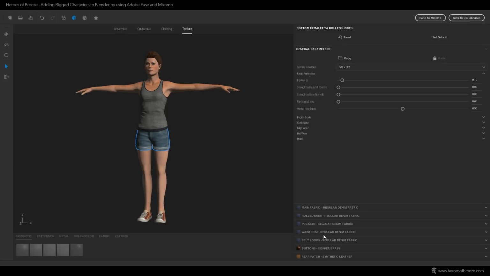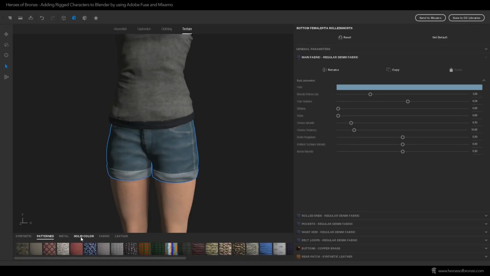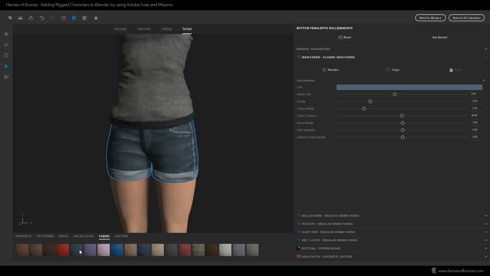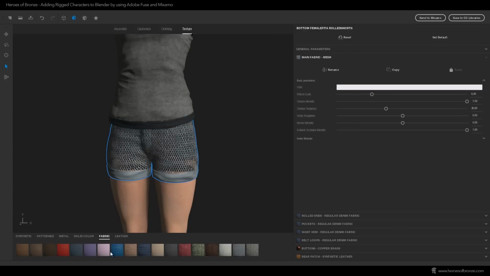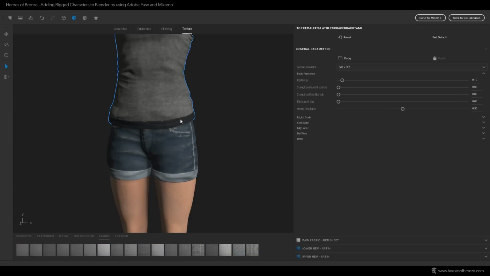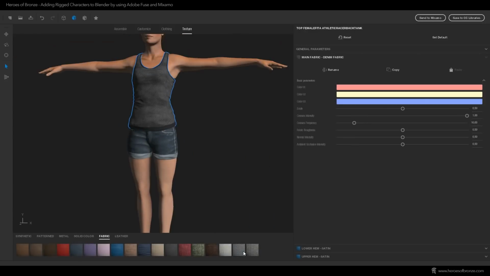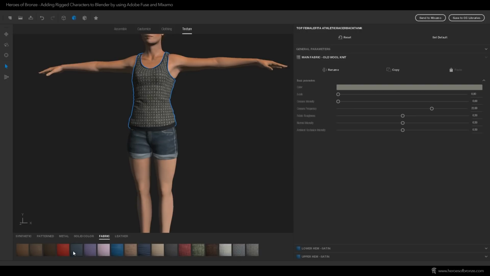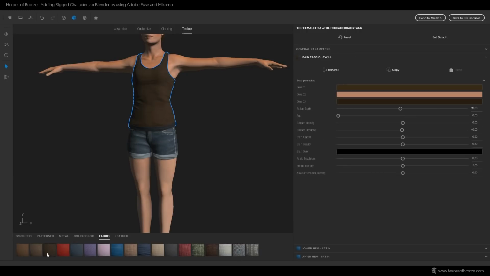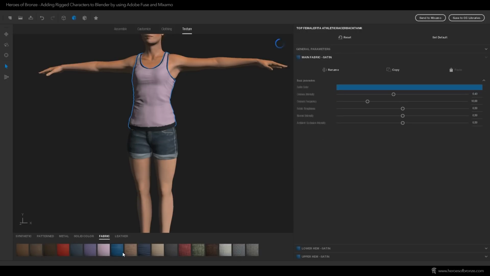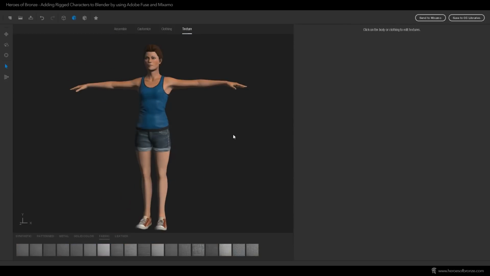For each piece of clothing, you can click on different texture maps the model consists of. Here, just browse from the presets down below and choose any texture you want the clothing to be made of. You have a lot to choose from. There are synthetic materials, fabrics of different color, even leather or metal. Yep, this blue shirt will do.